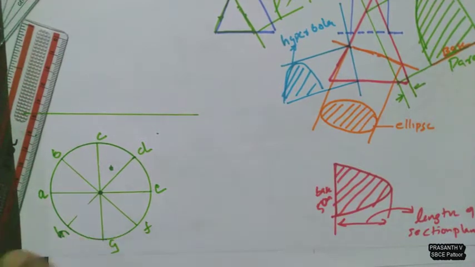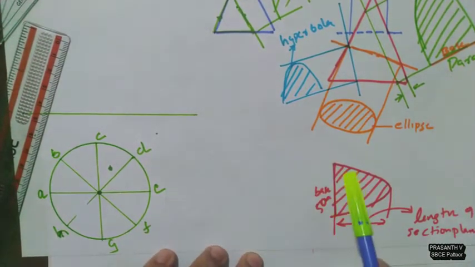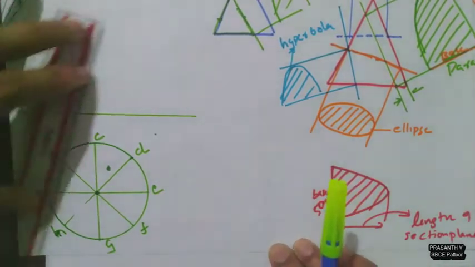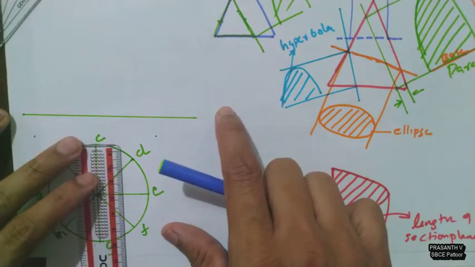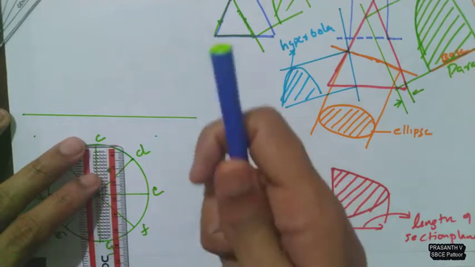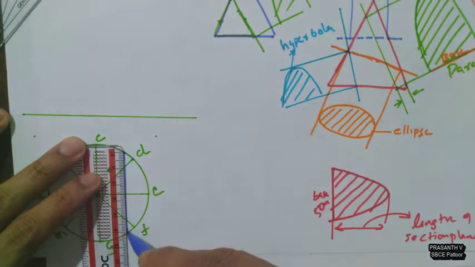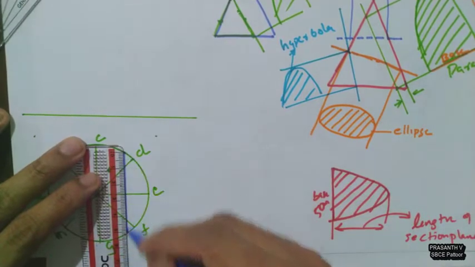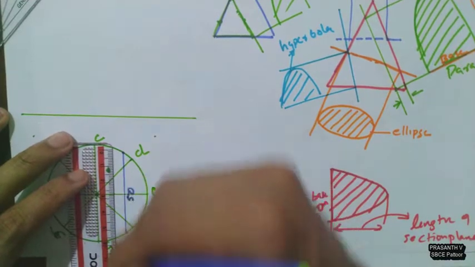Now what we need to do is, the information is given that the base of the parabola is 50 mm. So we can mark the base of the parabola as a vertical distance in top view. That vertical distance directly you just mark in top view as 50 mm. Simply you can mark. So this will be the base. So you have to cut the circle at 2 points, and exactly the distance between these two points should be 50 mm. This is 50 mm.